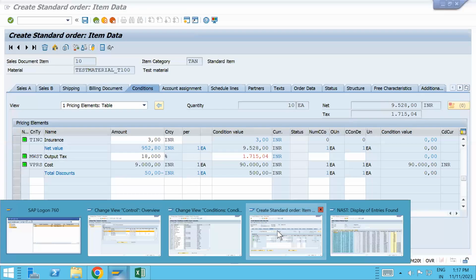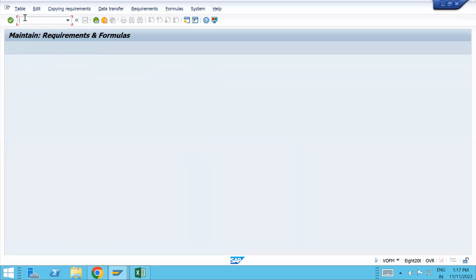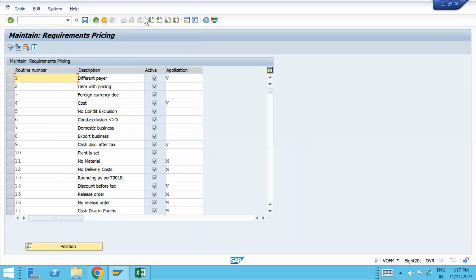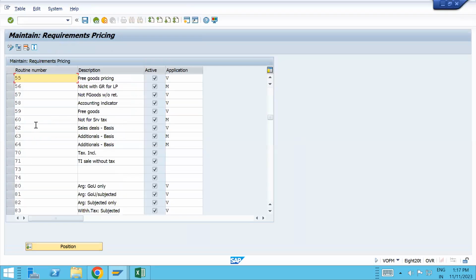The logic will be written by the ABAP consultant. Don't panic with that. The transaction code for the routines is VOFM. Sir, how to remember all these transaction codes? You need to prepare, that's all. If I go inside this,